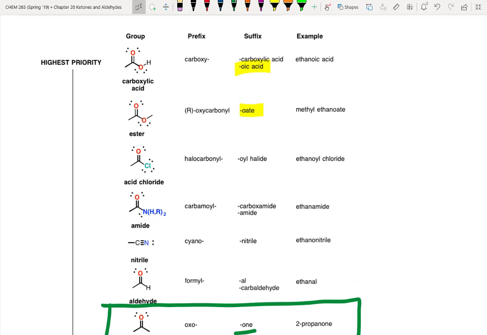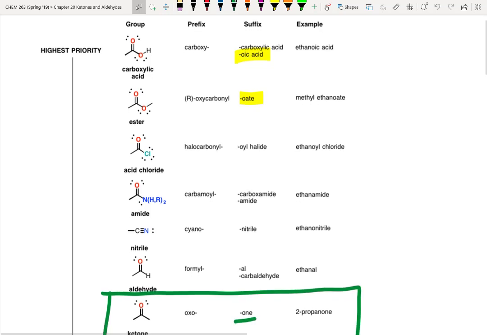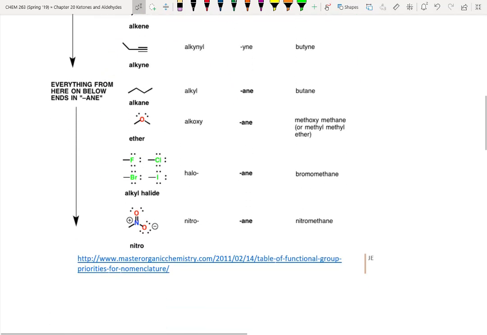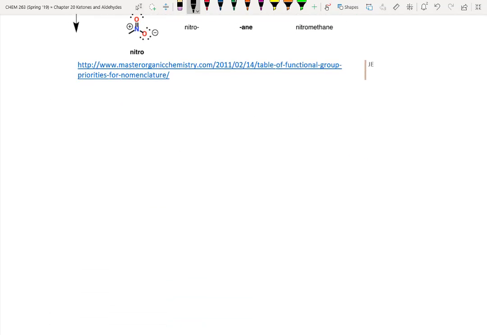Yep. So when would you use carboxy if carboxylic acid is always the main one? I think there are actually ones that are slightly higher priority than carboxylic acids. We're really not going to get into that though. Yeah. So let's take an example, just so we can work through this together. So let's say